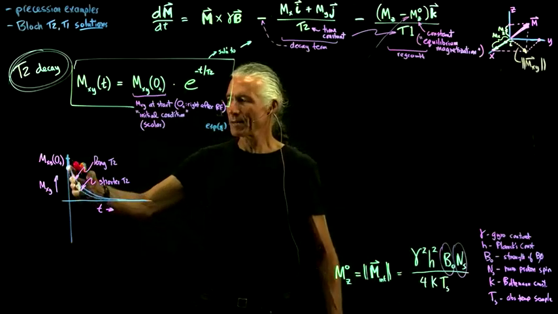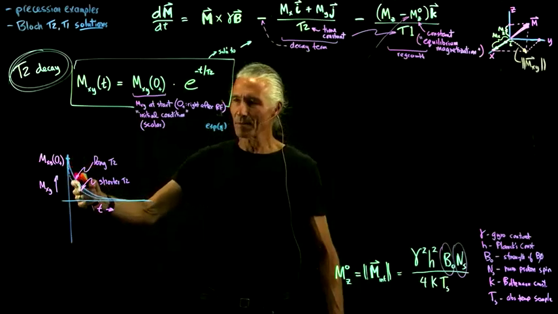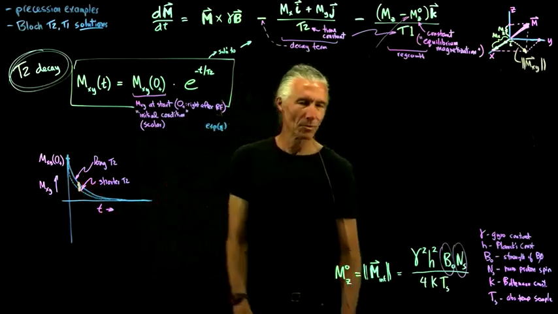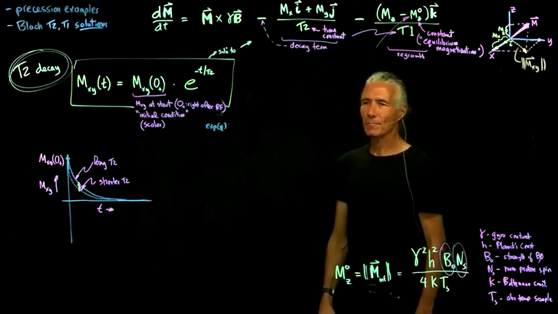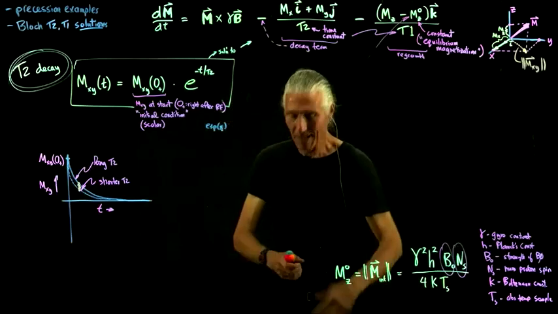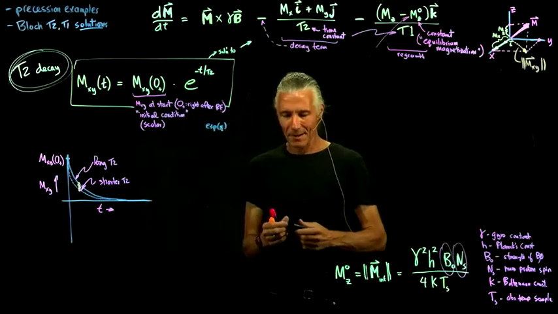If you collect it right at the very beginning, there's going to be no contrast. But in this in-between region, that's a good place to see a difference between two different tissues. So that's the T2 decay, and then T1 decay